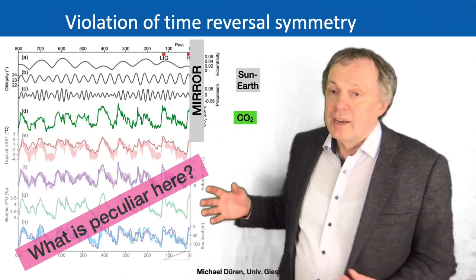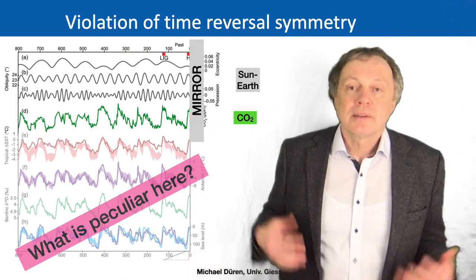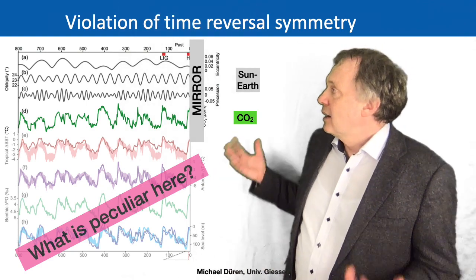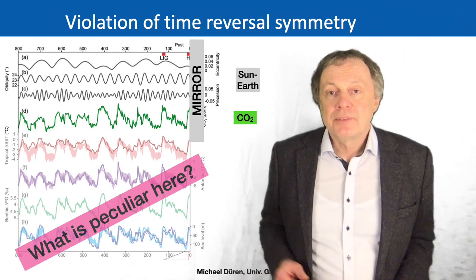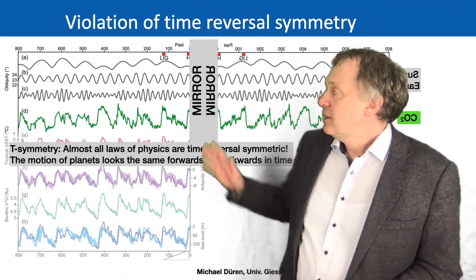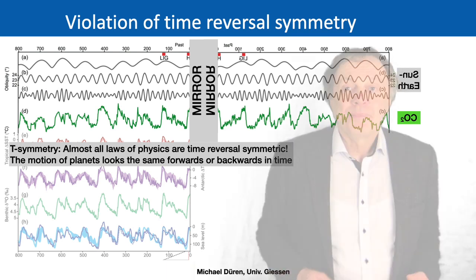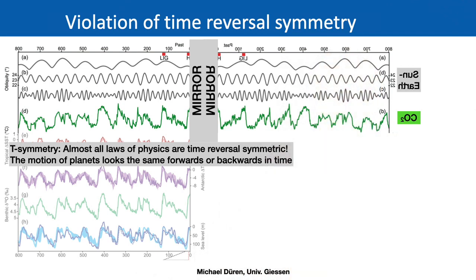So look at the curves here. I just take the upper four curves. The other ones I could also show you, but it's just a repetition of the same stuff. If you apply time mirroring, so you count the time instead of forwards, backwards, what you do effectively is you put a mirror to this curve. From 0 to the left and from 0 to the right is just the mirror image. If you look at the first three curves, the black curves, they obviously are symmetric in time, which means that the Sun-Earth system obeys time reversal.